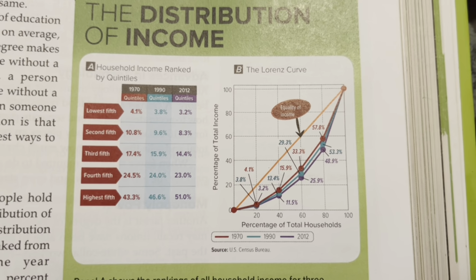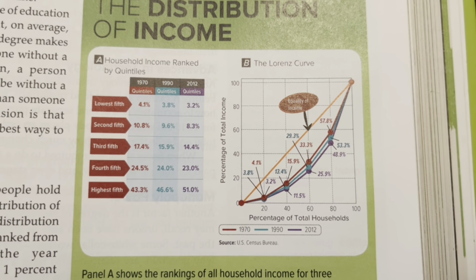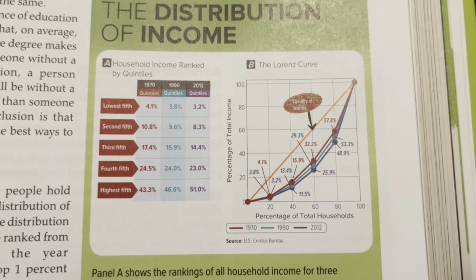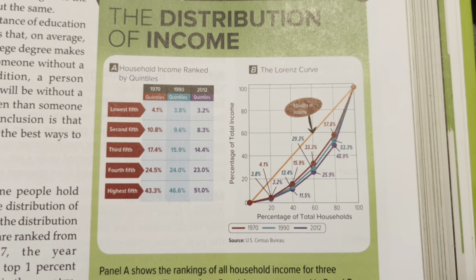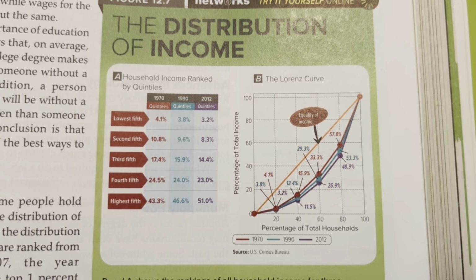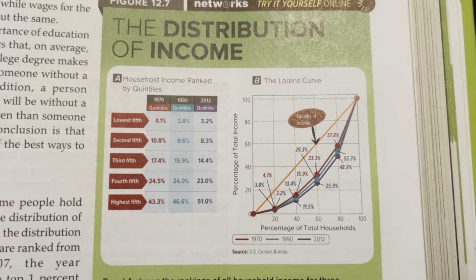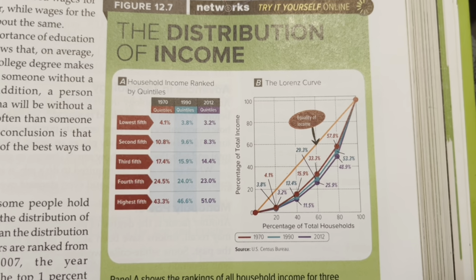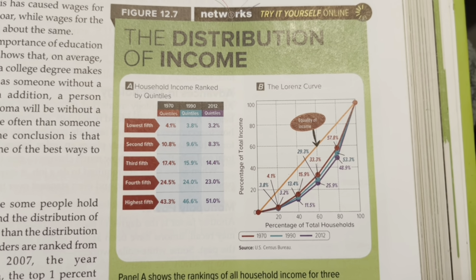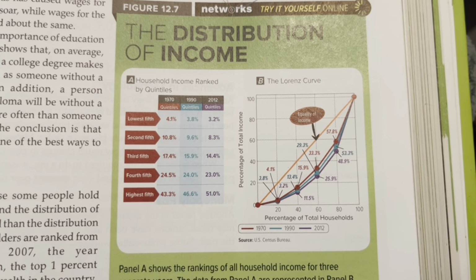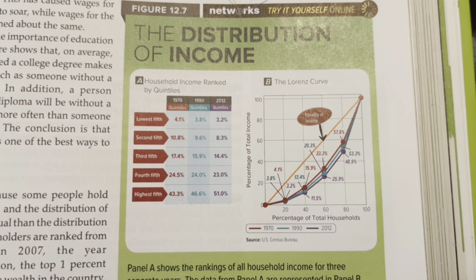And then there's still a significant number at the high end who have a lot of money. And one of the big factors the book mentions for this is education. Education is very strongly correlated to income. Sometimes high school students want to know, when do I ever need to know this stuff? Well, the fact is, education strongly correlates to economic success.